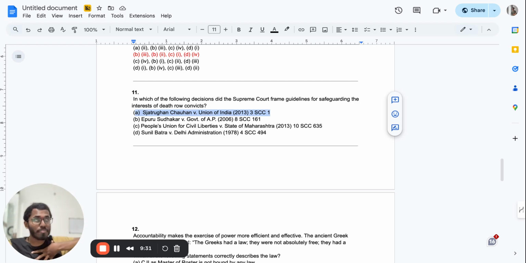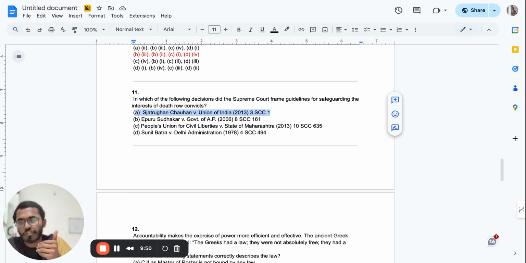That means if I am given a death penalty, when I apply to the President, I'll be filing what? A mercy petition. So if the President rejects the mercy petition, I must obviously be informed through a notice. That was decided in this case. First one. Now, 14 days between rejection and execution.